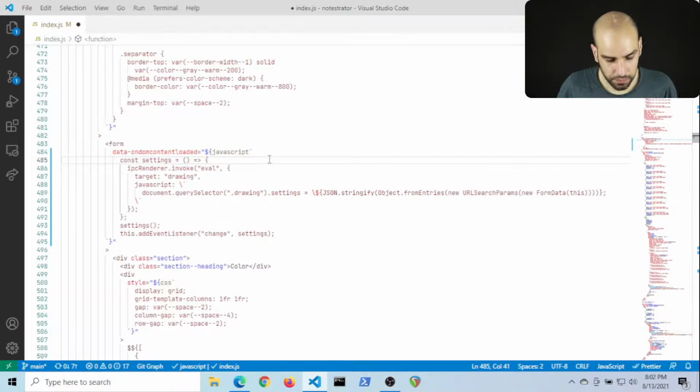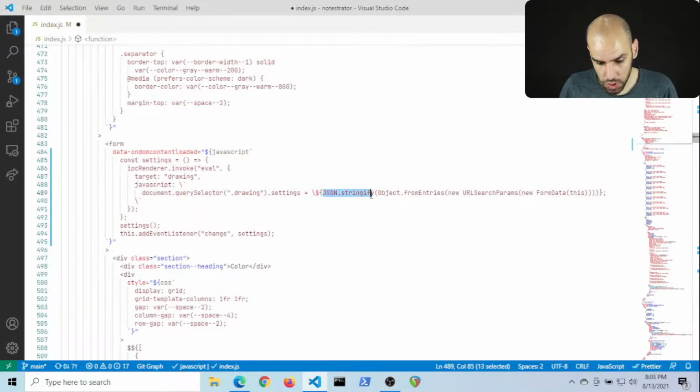And then I invoke this on the main process, targeting the drawing window. So I'm trying to send an event to the drawing window with my JavaScript. This is JavaScript that will run in the drawing window. What do I want to do there? I want to get a hold of my drawing element and set its settings. But what do I want to set it to? I want to then at this point escape back to where? To the JavaScript running on the menu.